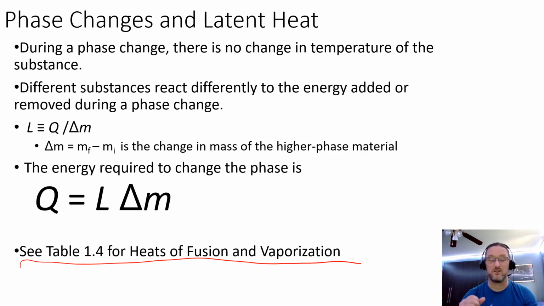And they happen at particular temperatures, right? And maybe even particular combinations of temperature and pressure. We're assuming standard atmospheric pressure in Table 1.4. But here's what we do. That latent heat is really an energy per change in mass. The change in mass is how much of the stuff has changed phase,